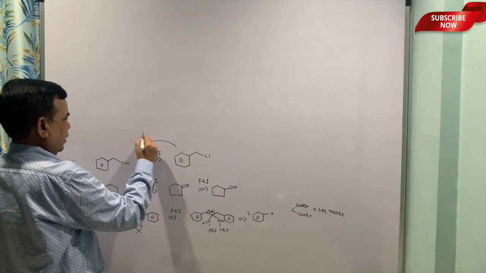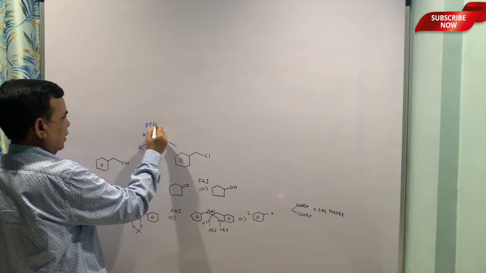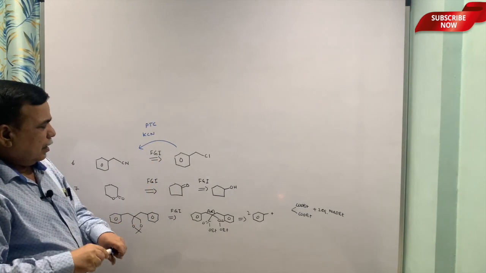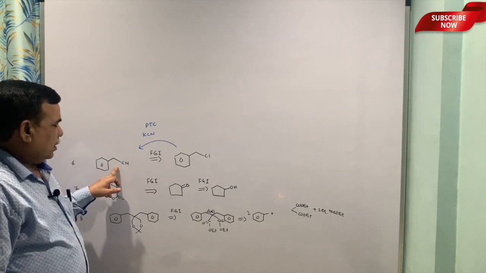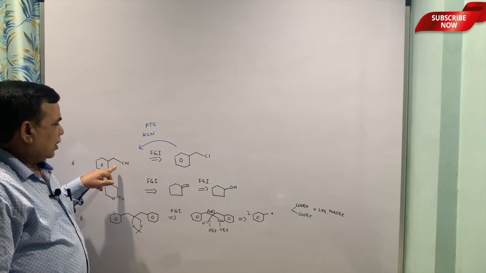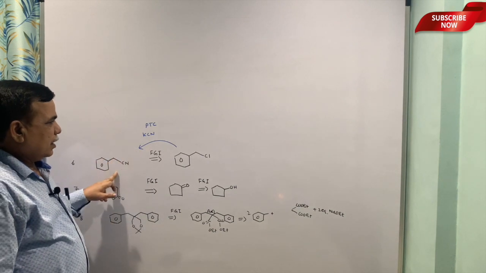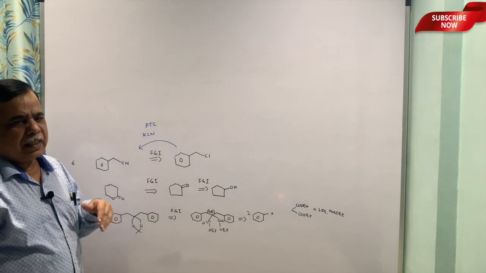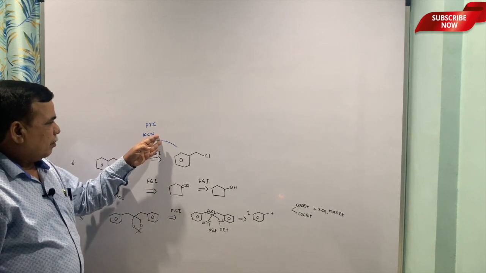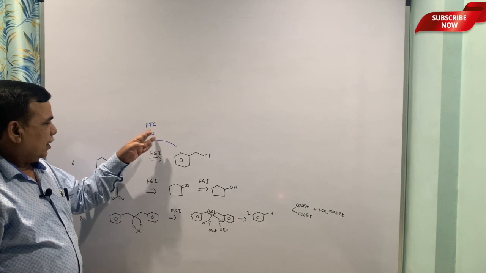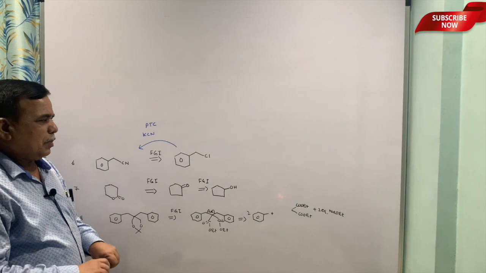So, I will put one reaction here, KCN is 1, and then we require a phase transfer catalyst because this is insoluble in water. So, we have to use alcohol or any organic solvent to dissolve this. KCN is soluble in water. So, two phases are there. So, this phase transfer catalyst, tetrabutyl ammonium bromide or something of that type, can provide this nitrile. Nitrile will go into the organic phase, and then this will be a nucleophilic displacement reaction.